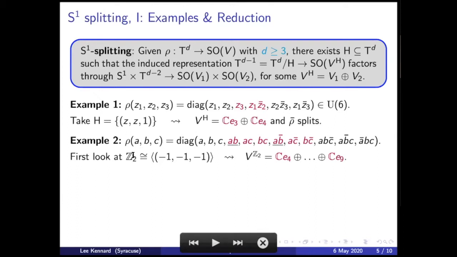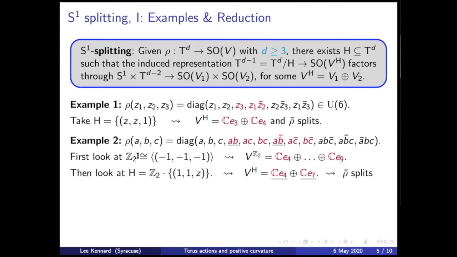So I want to look at this subgroup first. This is a finite subgroup. This is not going to be our H, but this is going to be an intermediate step. So take this involution and look at the fixed point set of it. You can see that it's precisely these purple directions which are fixed. So the fixed point set is like this. Now, the induced action just has kernel equal to this. That's easy to see. And so the point is, you still have a T3 action, but it's on a smaller dimensional vector space. So in terms of finding your one-dimensional subgroup, you've made your problem easier.